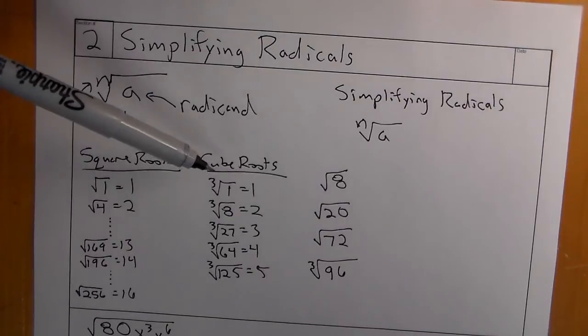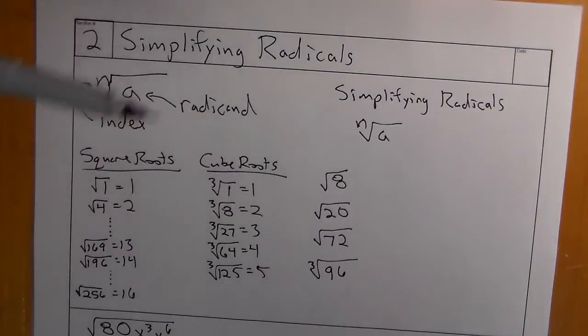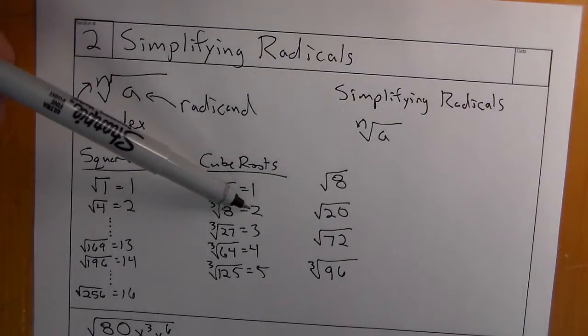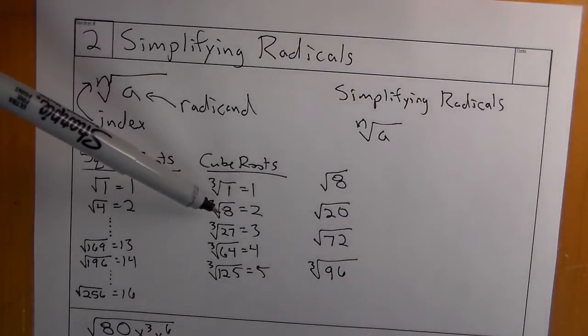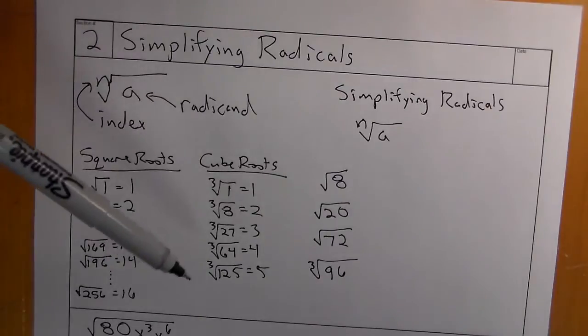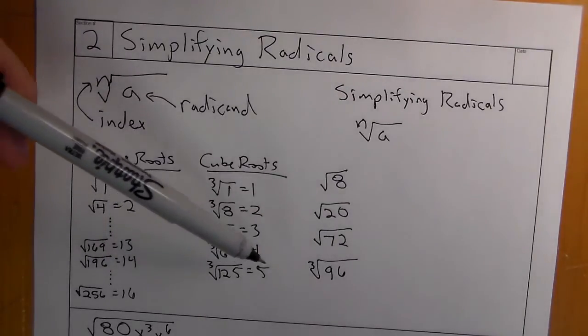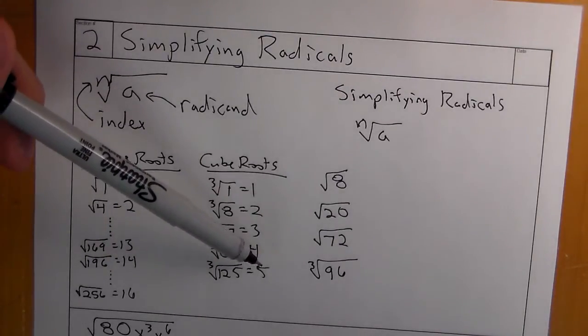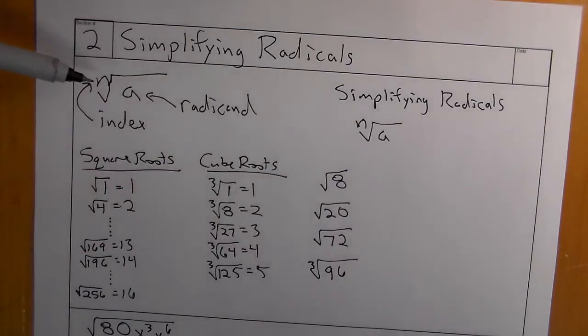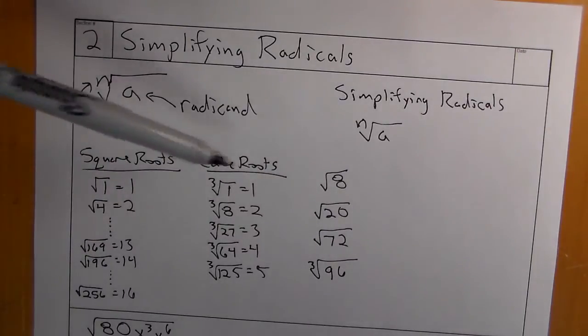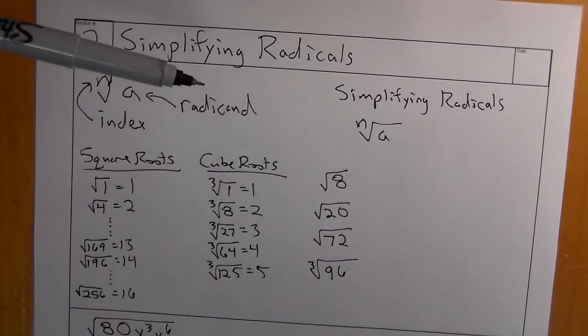Now we're also going to go a little bit higher and look at cube roots, and this is when you look at what value would you cube to get to these numbers. For example, 2 times 2 times 2 is 8. So we'd say the cube root of 8 is 2. The cube root of 125 is 5 because it's 5 to the third. We can go on higher with higher indices and get different roots, 4th root, 5th root, 6th root, and allow